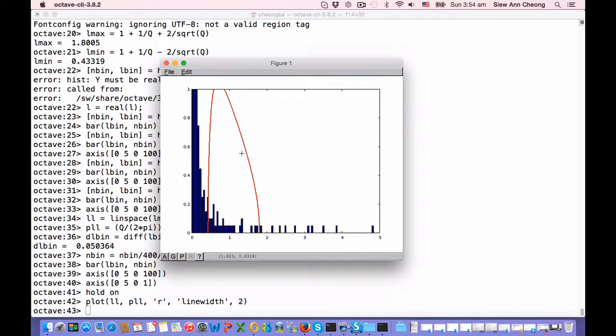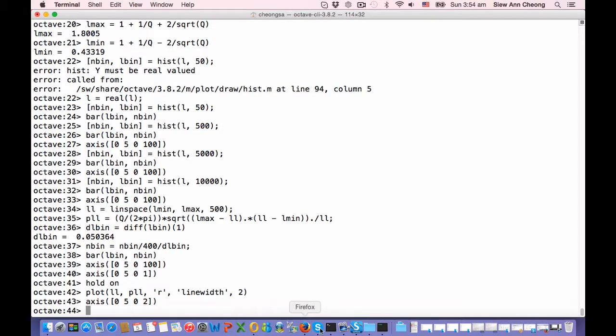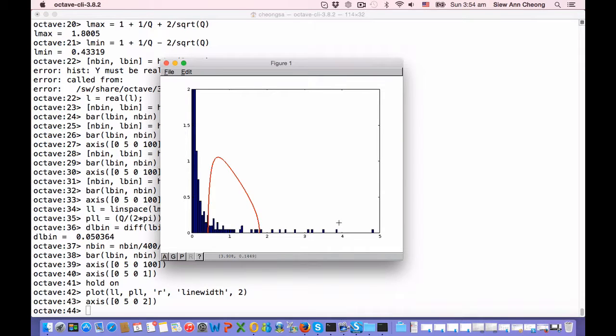So actually you can see that, okay, let me increase this a little bit. You can see that the empirical eigenvalue distribution of the Singapore Stock Exchange doesn't look anything like the